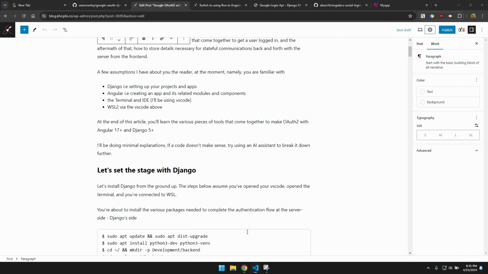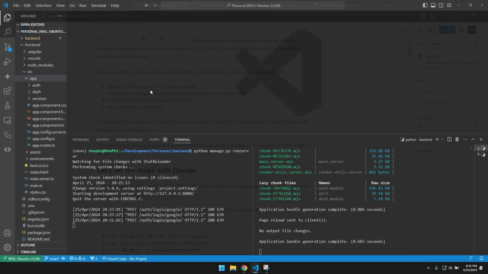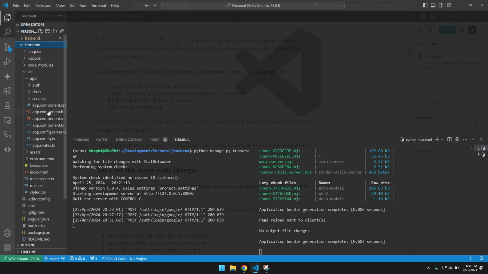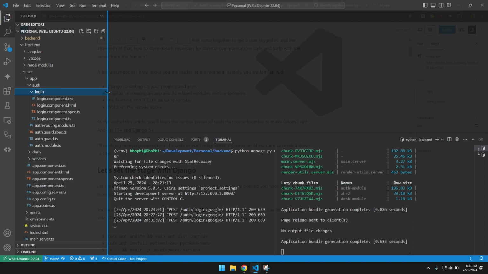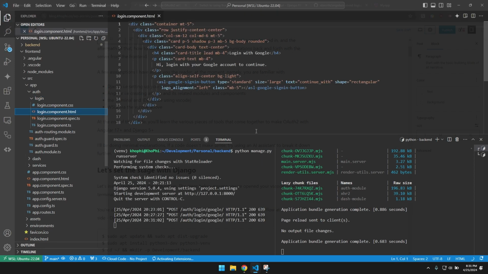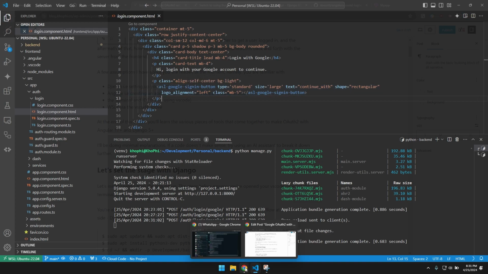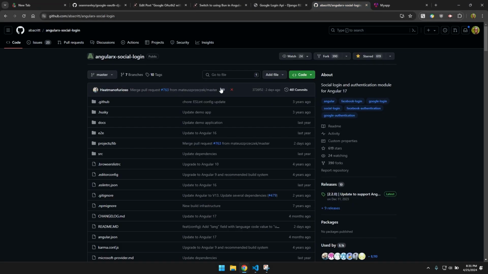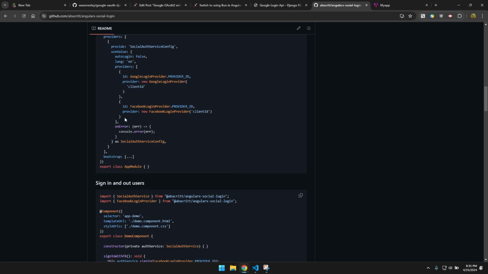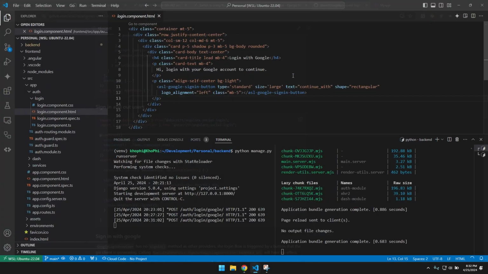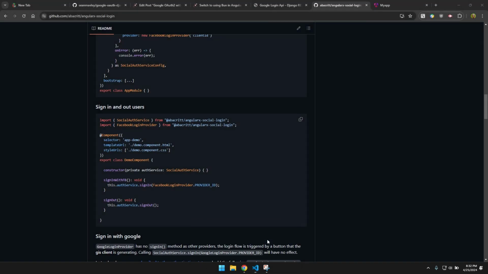So this is our application, and this is the code. So we have the front end and we have the back end. For the front end, we've created a basic Angular application, and in here at Authentication is where we've created the template for our Angular so that users can log in. Now with this, we are using this directive that comes from this package, and so you can read on how it works and whatnot, but essentially it comes with everything built in so that we can get this login